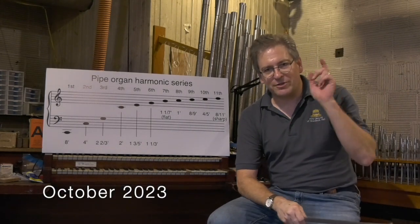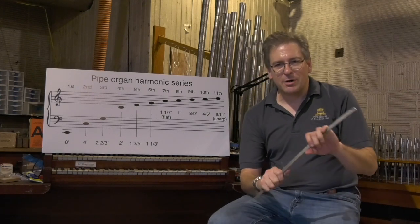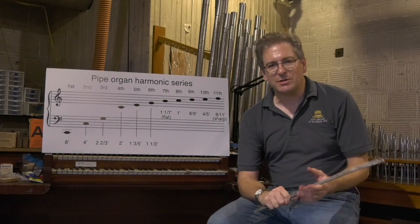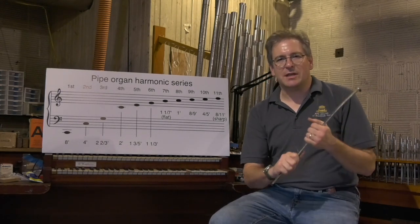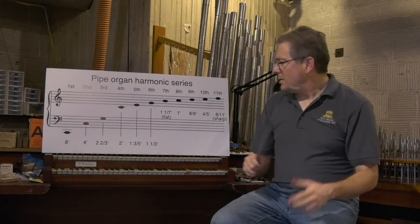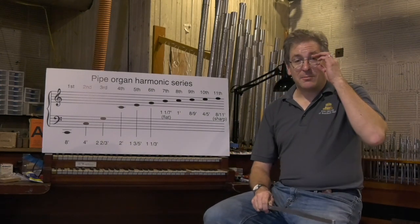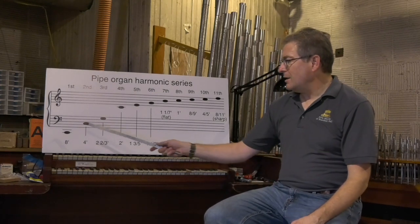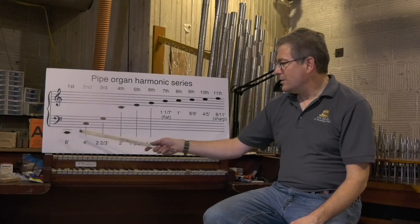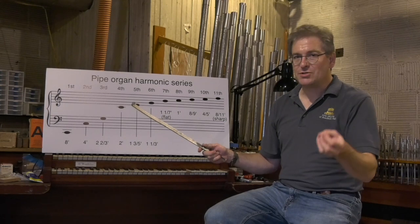Okay, class, let's review our basic acoustics, shall we? Now, remember that pipe organs are built and the tonal structures are generally built on a solid foundation of basic acoustics and harmonic theory. And so I prepared this little chart here, and we'll review how harmonics work. Cliff Notes version. Remember that for any fundamental sound you have, the harmonics are simply whole number integer multiples